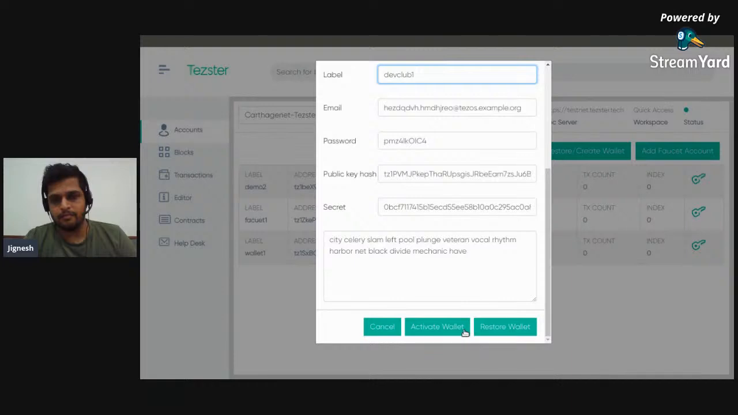And what you have to do is click on activate wallet. If you have already activated this account somehow, by using some other means, then you have to click on restore. But here we are doing it for the first time, so you have to click on activate wallet. What this will do is create a transaction saying that we need to activate this account, and it will push this transaction